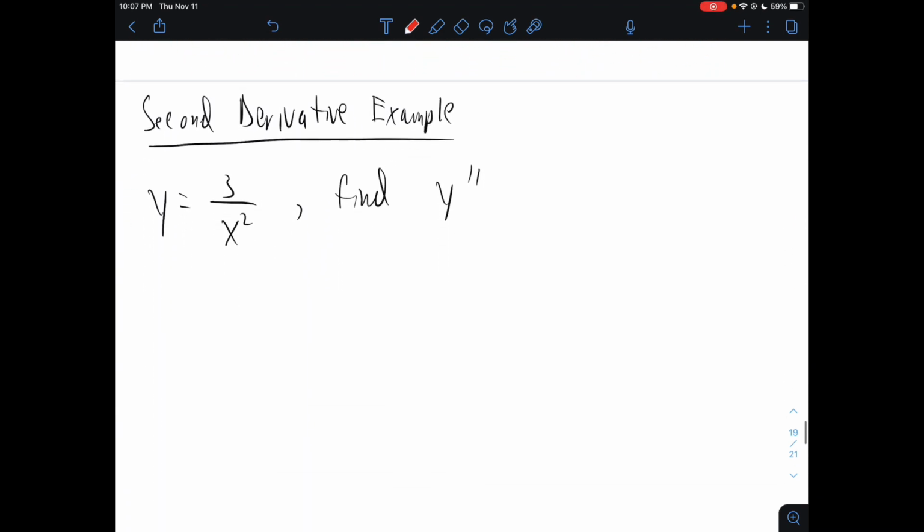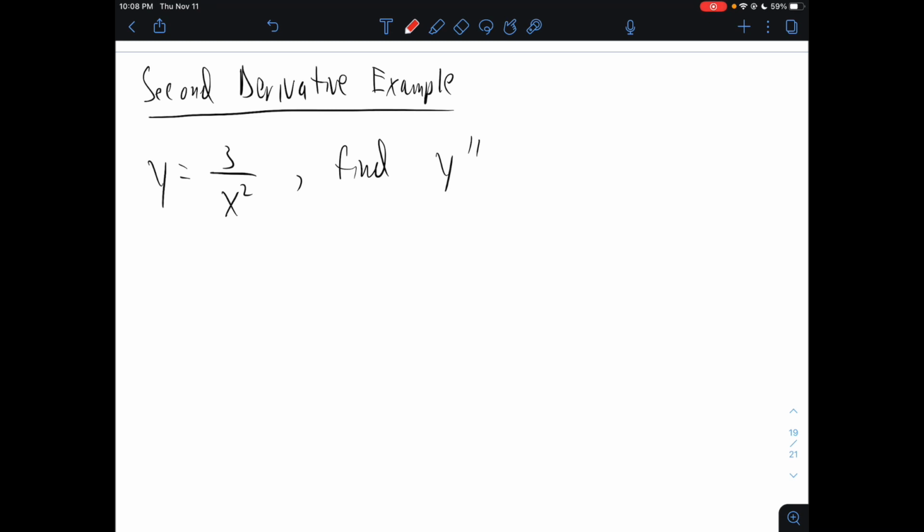Okay, here's another example. Now dealing with when we started finding second derivatives. So we need this for the second derivative test. So if we're given an example of the function y equal 3 over x squared, and we want to find the second derivative, we do need to find the first derivative first. So one way that we can help ourselves to do this is, let's write y as 3 times x to the negative 2. Then we can just use the power rule, which means that y prime is going to be